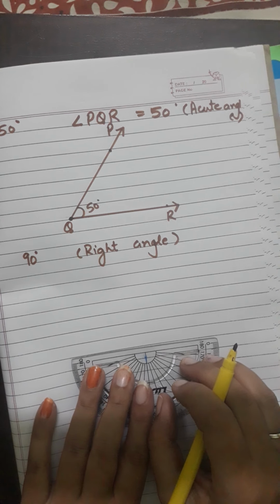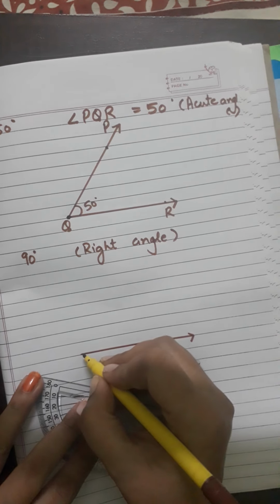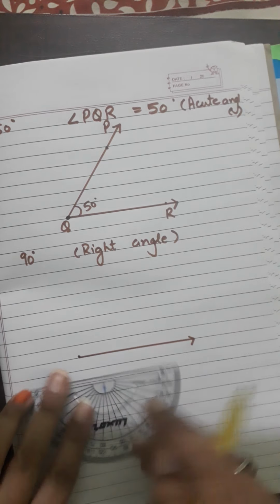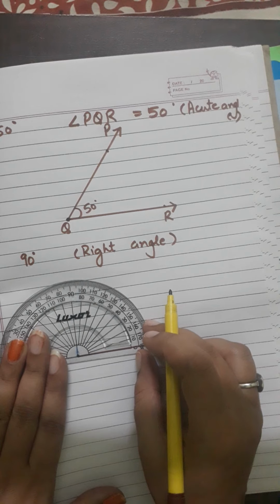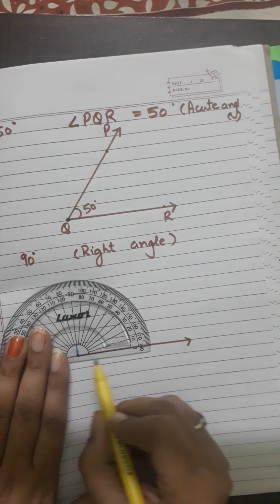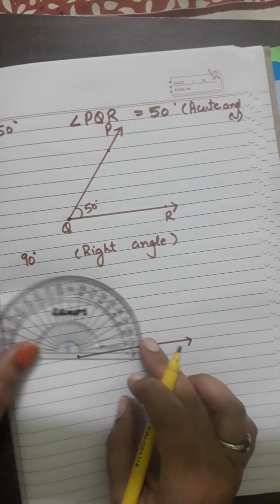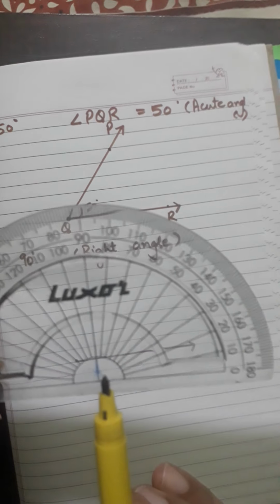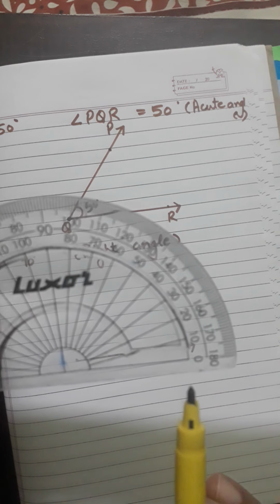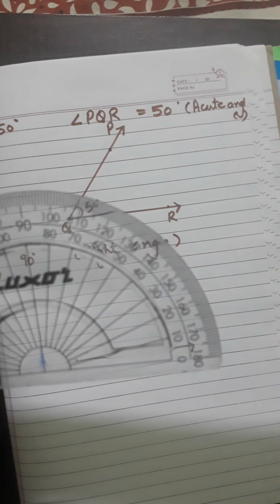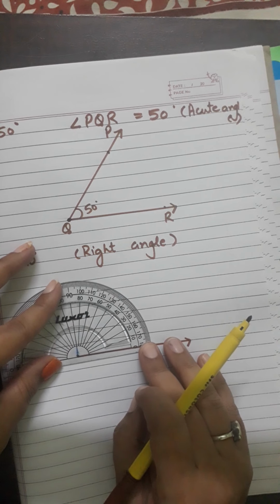The first step, you have to draw a straight ray with the help of your protractor, or you can take the help of the scale. Then put a dot here, and then you will keep this center point here with the dot and see whether your line is straight. You cannot keep it like this. This is not straight. So this needle, from here, this point, you have to match whatever line you have drawn, whether it is straight or not. Okay, so like this you have to check it, and yes, it is straight.